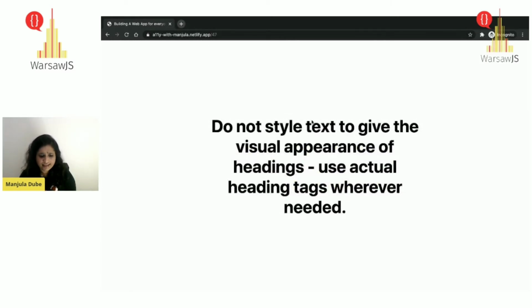One thing I also say that, do not style the text to give it a visual appearance of headings, which often, you might be doing it, but yes, stop doing that.